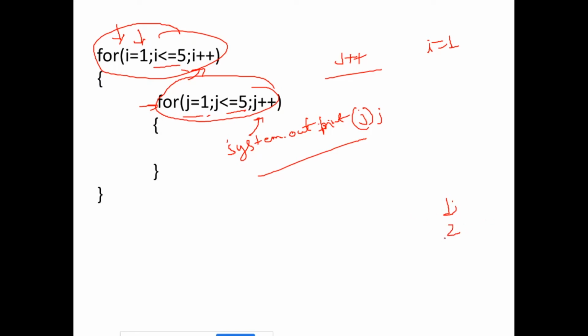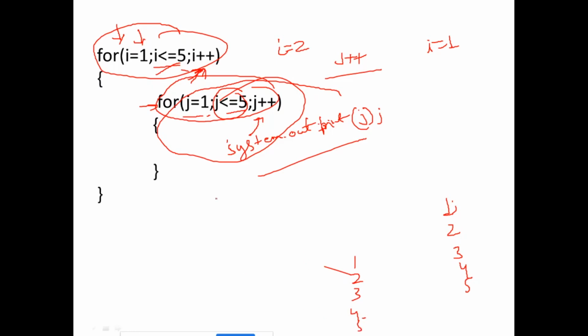Similar to how I explained the single for loop, this will print 1 to 5, and when the value becomes 6, the condition will be false, right. Once it goes false, it will increment I, so the I value will be 2, and again 2 is less than or equal to 5, the condition is fine, and this for loop will run 5 times. Again it will print 1 2 3 4 5, and when it finds 6, it will again go false, and then increment the I value to I plus 1, which is 3.